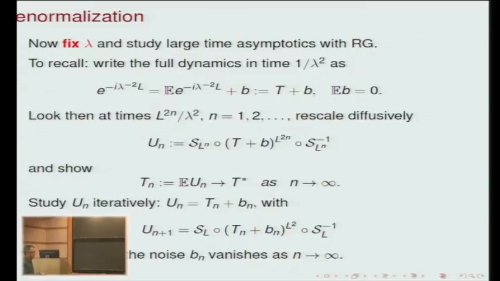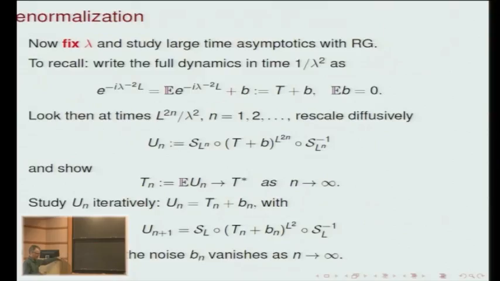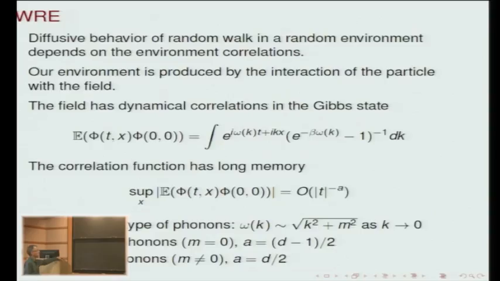Okay, so as I said, instead of looking at this immediately, it's easier to look at it iteratively. So you go from timescale n to timescale n plus 1, where you just have to solve a fixed time problem with a renormalized average and renormalized noise. And what you want to show is that this renormalized noise goes to 0 in a suitable sense as n goes to infinity, so that you can control the annealed part, the Tn. Now, as I said, this is a random walk in random environment. This is a Markovian random walk, and this is something random and also a non-Markovian correction to the random walk. So to show that a random walk is diffusive in a random environment depends on the correlation structure of the